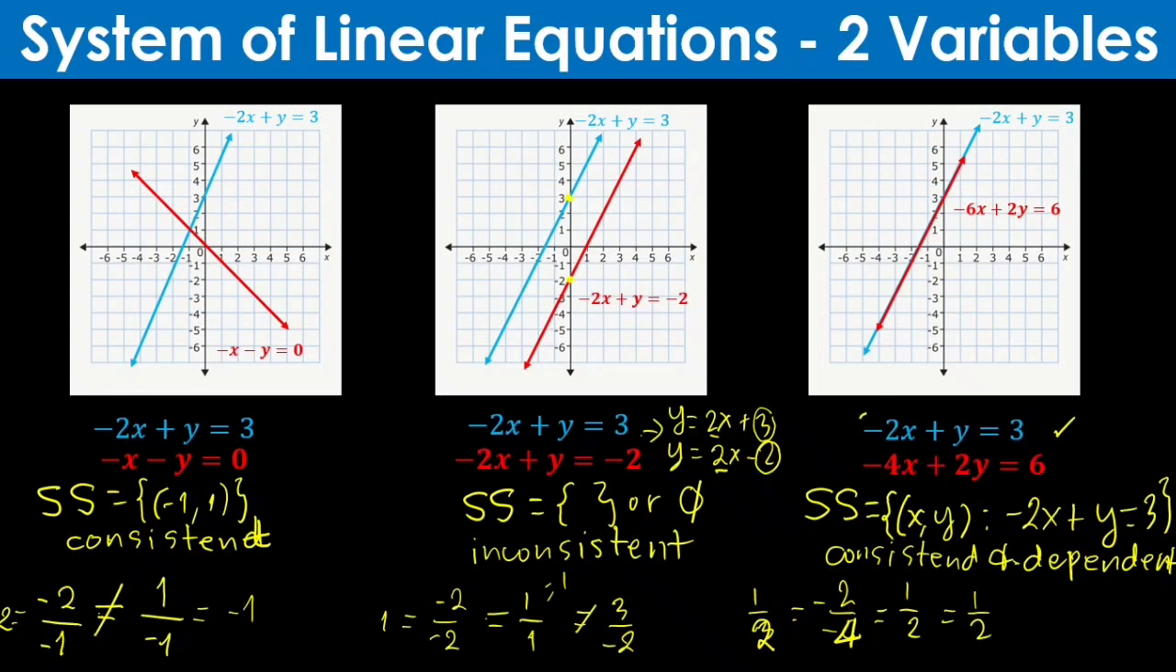Okay, that means multiply that by 2, you will have -4x plus 2y equals 6, which is exactly the same as the equation here. That's why they coincide. Alright, now let's move to this